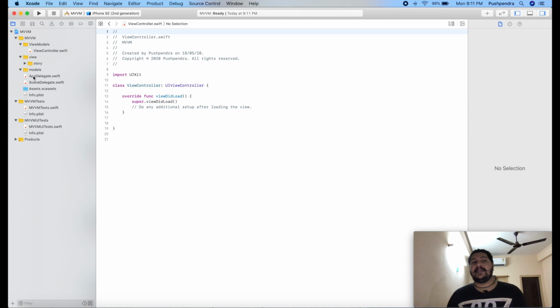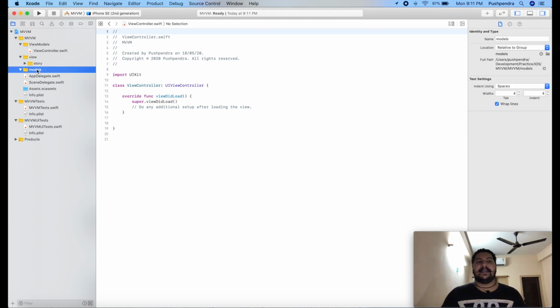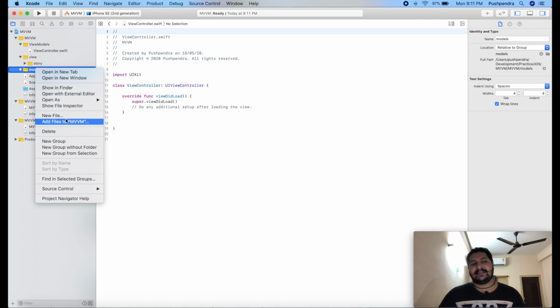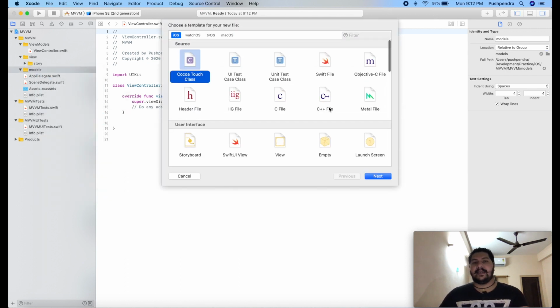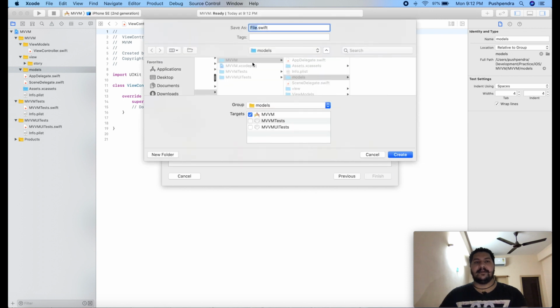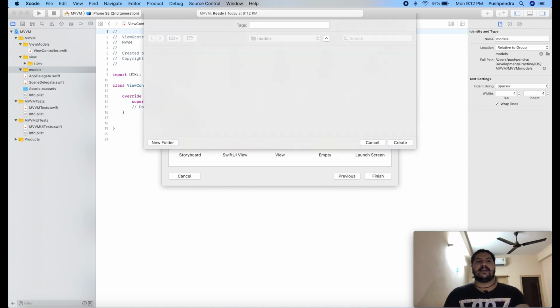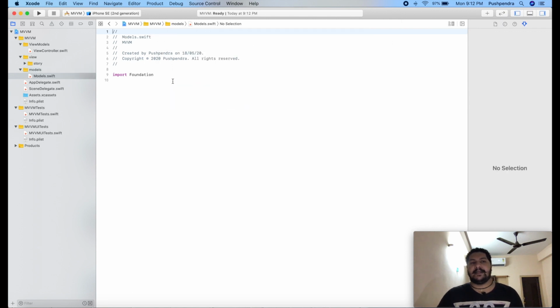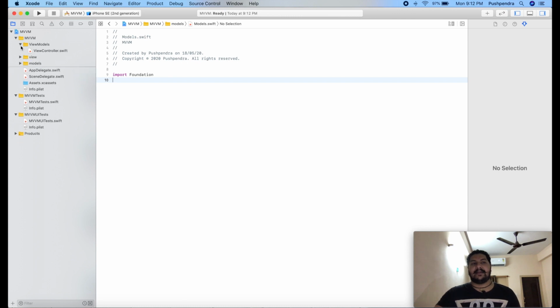Now what will be inside models? Inside that we will create all the models which are helpful to interact with the HTTP services. So here is model. Let's say I'm creating one model, it's called Swift new file. Here I'll create models. This is the file name, models, or I can give anything whatever is my requirement here. So according to this structure we can manage our code like that. Every file will be inside that.